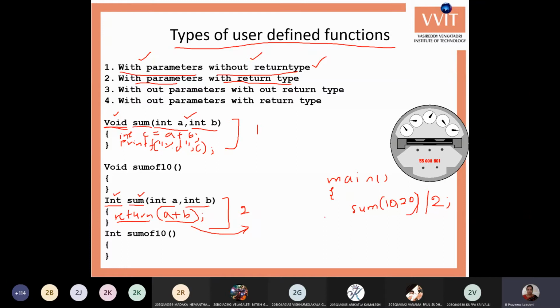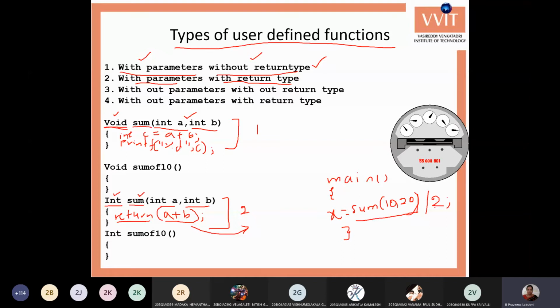So x equals sum of 10, 20 divided by 2. Okay, here I require the sum value. I want to find out the sum of 10 and 20, and that sum value is to be divided by 2. That is, here I require the result of the sum from the function. So I need the result from the function, that addition result should come from the function into main.